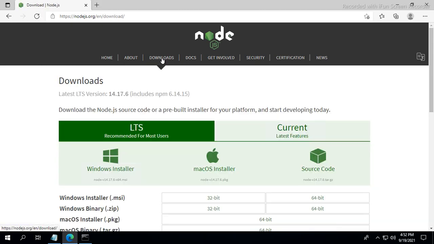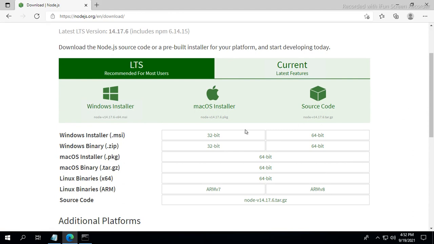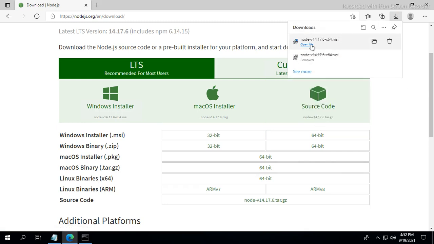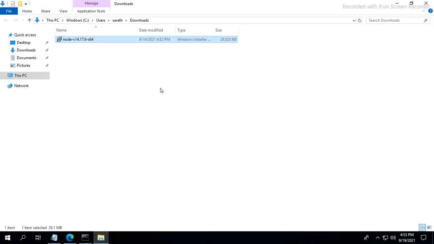On clicking the download option, we see the setup files. There are 32-bit and 64-bit versions available. Currently I am using Windows 64-bit, so I am downloading the 64-bit setup file. Yeah, it's downloaded.